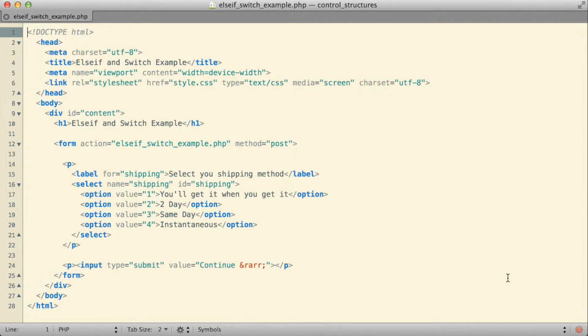Alright, let's take a look at another example of selection structures. What I've put together in this example so far is a form. It is again a self-submitting form, so a form that will submit back to a copy of the same script. And what I have in the form itself is a shipping field, a field called shipping, that the user will be able to use to select what type of shipping they want for some imaginary product that they've